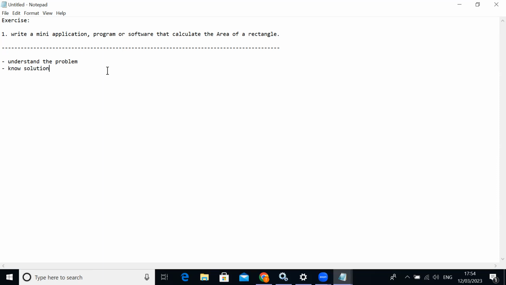So let's say you understand the problem. You know the problem is all about building a tool that can help us calculate the area of a rectangle. And the solution here should be, you should know how to solve it personally, how to calculate the area of a rectangle. So you should know that, okay, to calculate